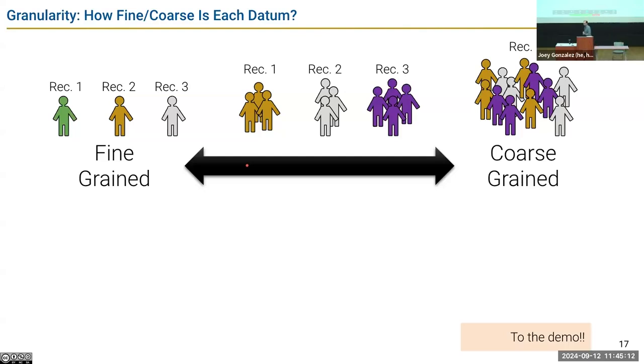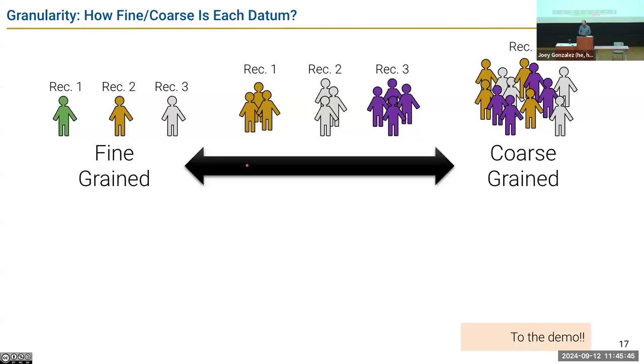Which one's finer? Assignment. Each assignment for each student is really detailed, zoomed in on that student. How do we go coarser? Suppose I start with this really fine thing. You learned about a pandas function for this. I want to group my records, my rows, all the rows for one student, put them together, group by. Simple operation to change my granularity.